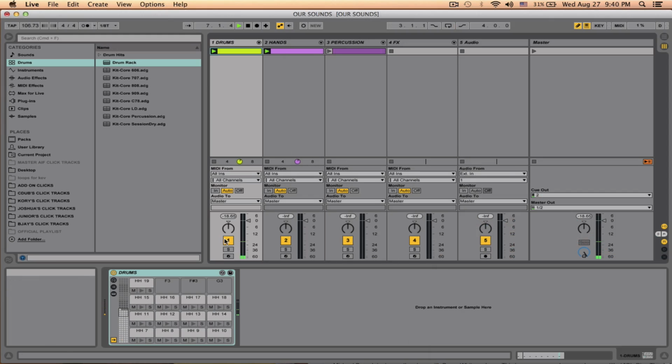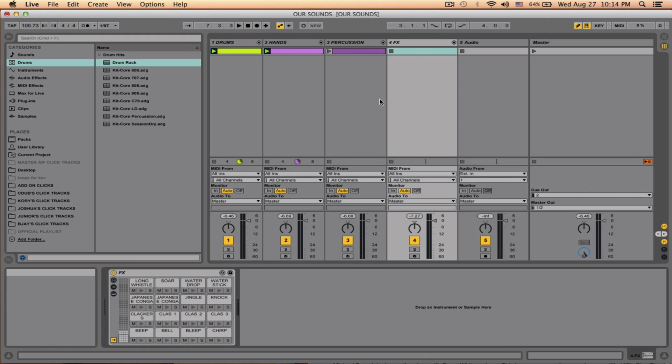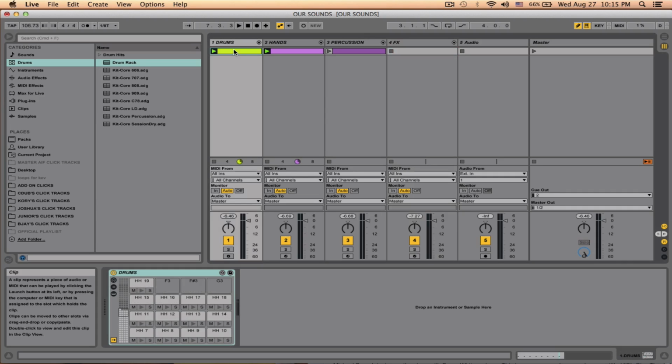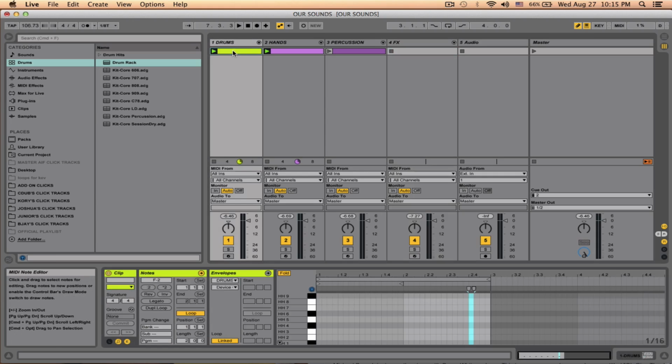All right, so I have my kick already finished, and I'll show you one really cool thing about sequencing on here. Some of you guys are probably used to sequencing on Reason, Logic, Pro Tools. Let me show you why this is so amazing. For example, my drums, I just double click right here in this MIDI region, and then here's my